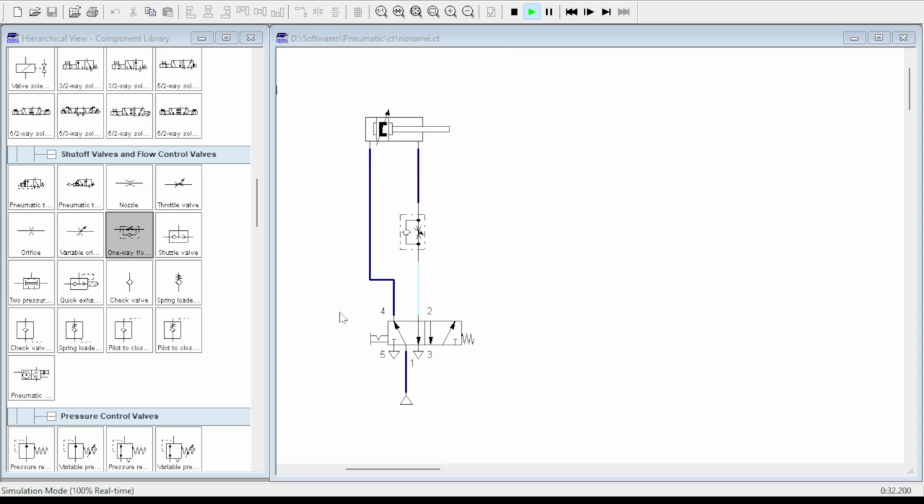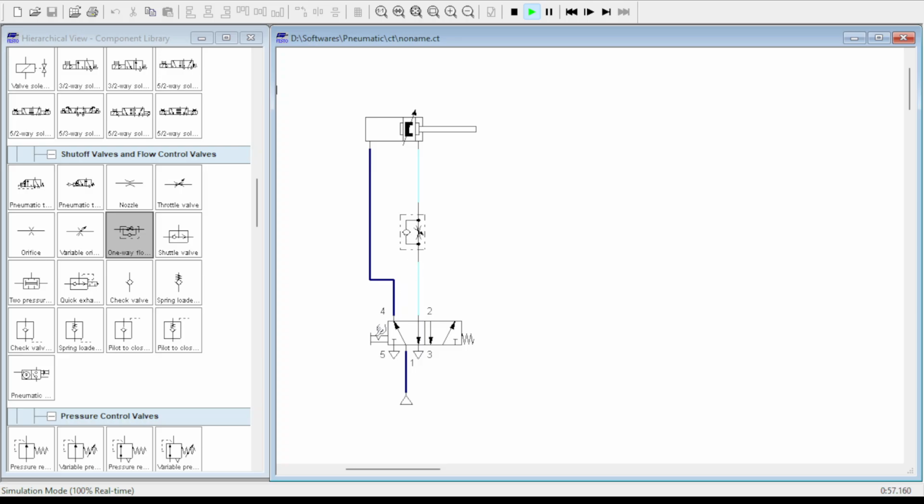Now if I allow a little opening of the throttle, then flow will happen through the throttle and escape to the exhaust, and this causes the extension stroke's speed to be controlled. Had I left the throttle fully open, the extension speed would increase. Had I closed the throttle, the extension speed would decrease.